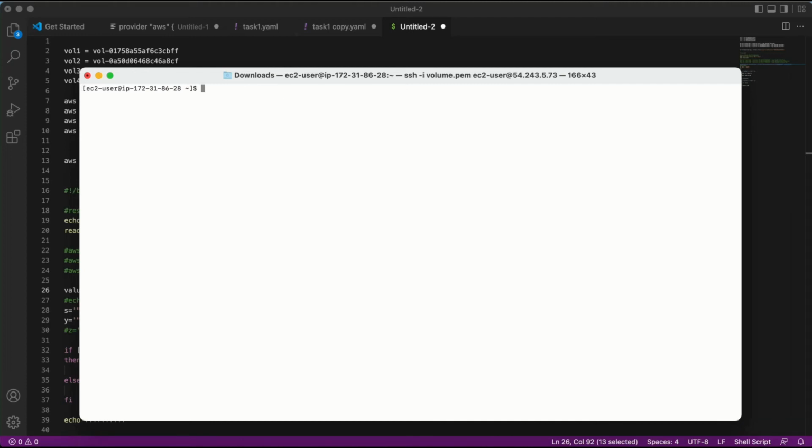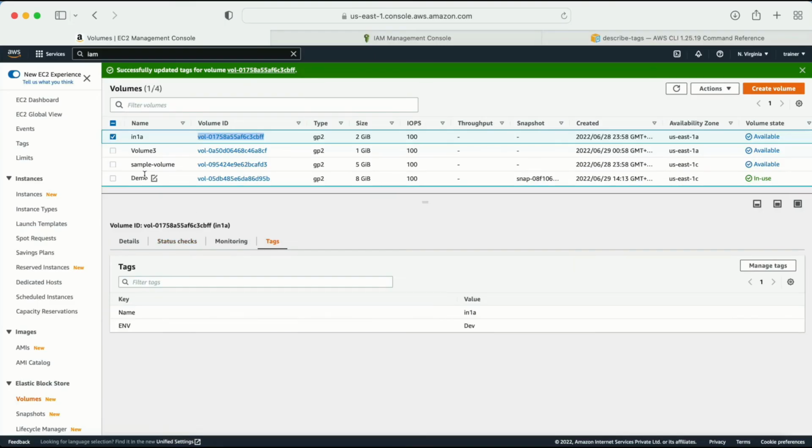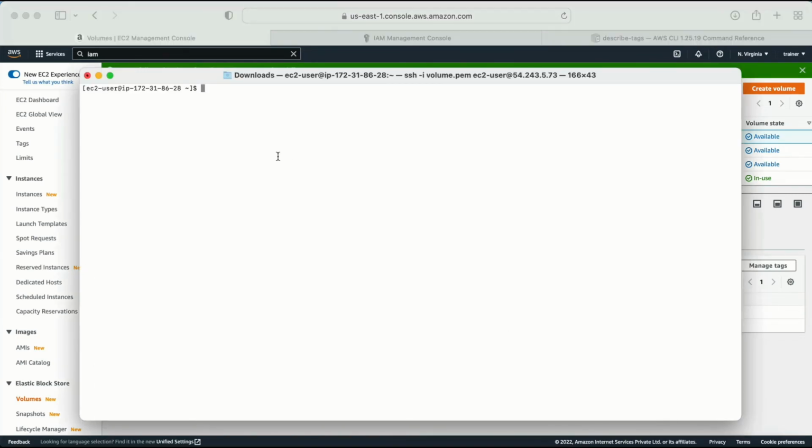Okay. Till this point, what we have done is, with the help of the AWS CLI command, we have created a couple of tags and described the tags as well. The next thing is, we need to search for the information if that particular tag value is there or not. So let's suppose I need to check whether this environment value is there or not. So how can I do that? For that, I need to go inside my script now,